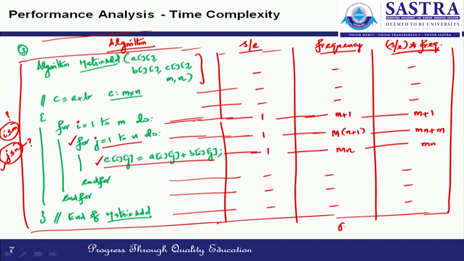Finding the total, adding the last column, we have mn plus mn, mn plus mn, 2mn plus m plus m, 2m plus 1. So, clearly 2mn plus 2m plus 1 steps are there in the execution of the matrix addition algorithm. So, concluding,